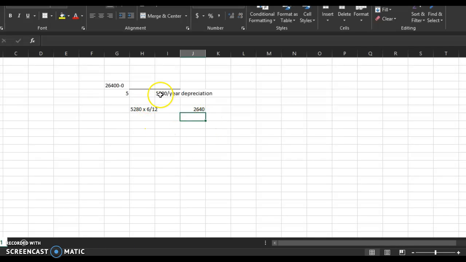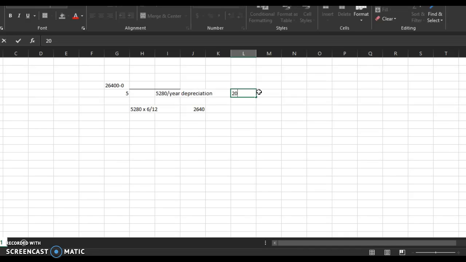And so we've decided that depreciation was $52.80 a year. The equipment was bought in 2014. So at the end of that year, it would have been the purchase price minus the first year of depreciation, which comes to,